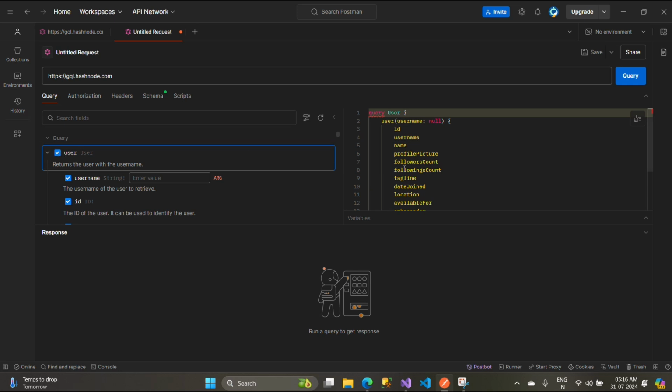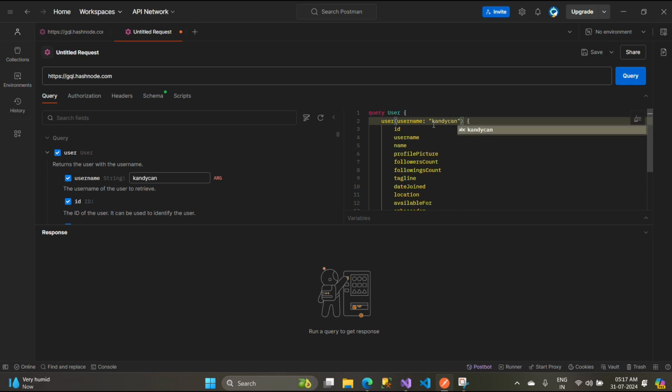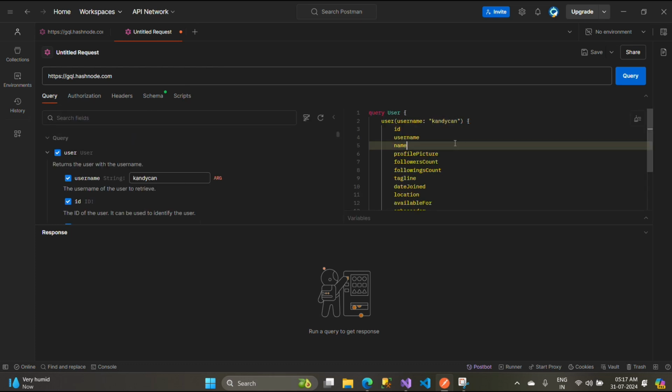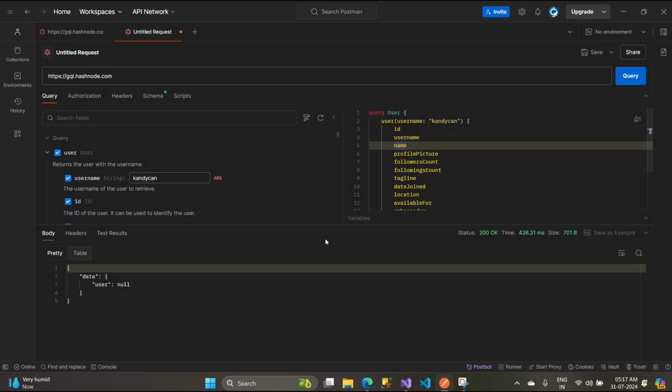So let's say if we want to query users, what we do is we just check it, and here it allows us to provide input. So we want to get information about our own user, and this is all public information, so it's not an issue. It does not need any authorization token or something like that. So when we click on query,